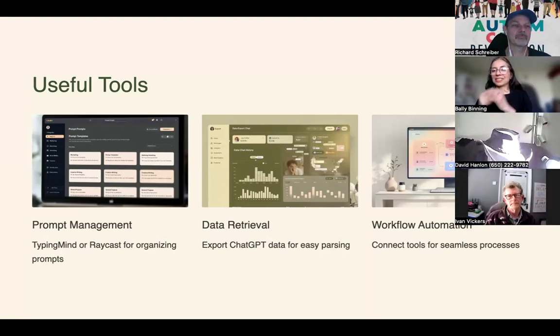Okay, Richard. Yeah, great point about prompt management. I have to check out either of those projects. If you have a prompt that you want to use over and over again, and you'll probably go into this, you may be better suited to convert that to a custom GPT where you can reuse that prompt and even create a series of instructions as follow-up prompts. This way you can rinse and repeat, as they say, instead of having to start from scratch every time. But I'm sure Bally will go into that.